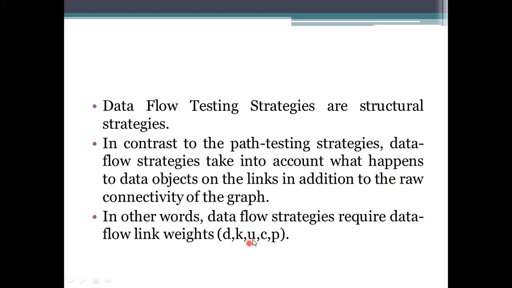We use defining as a weight. If we are defining that variable, we specify it as a D. If we are killing that variable, we specify it as a K. If it is used, we mention that it is used in the state graph representation. In the flow graph representation, we directly state what type of usage it is supporting, whether it is supporting the computation or the predicate here.